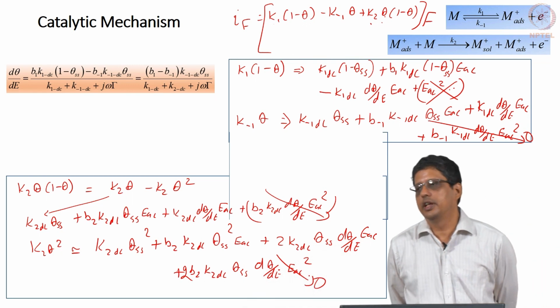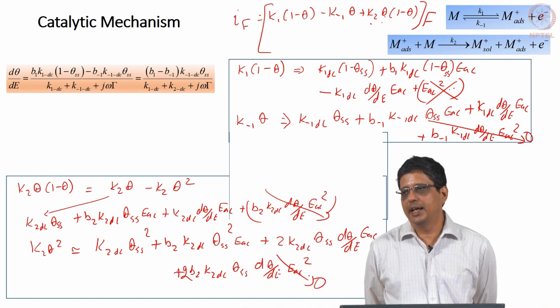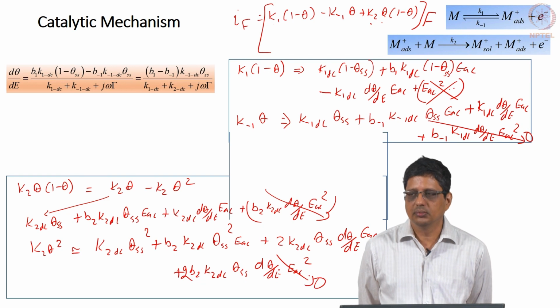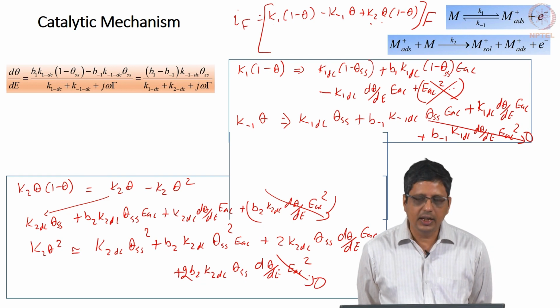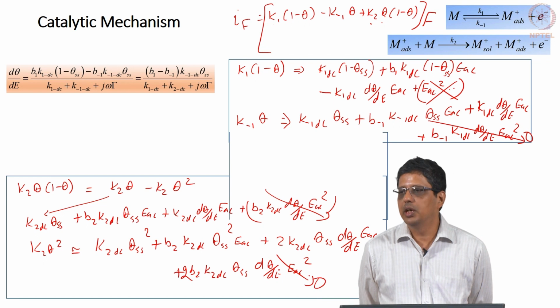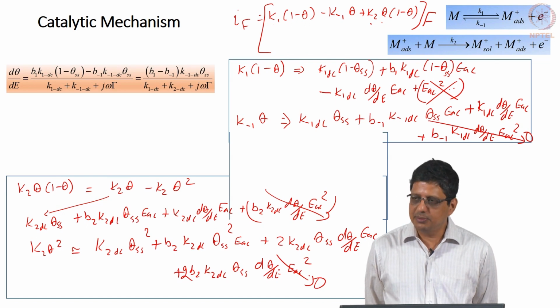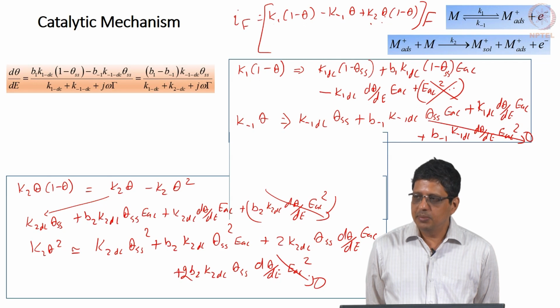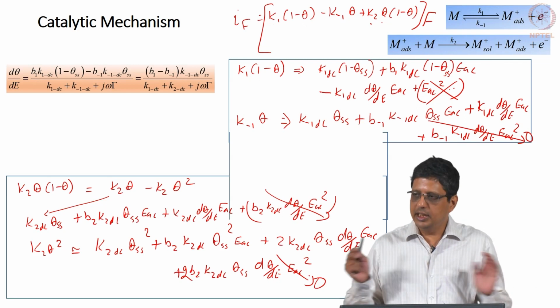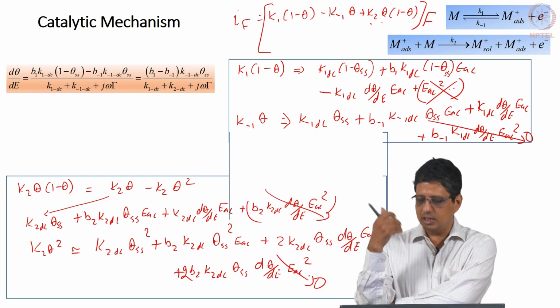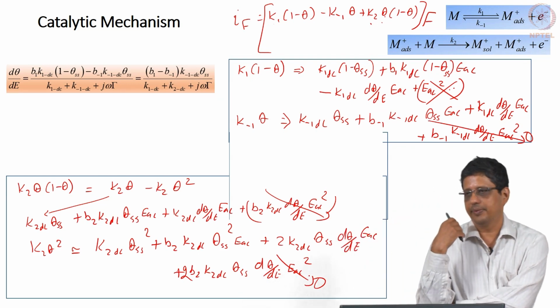You know what you get when you take a derivative of y with respect to x, you will write it as dy by dx. If it is y square, you are going to write it as 2y dy by dx, that is all. So, if it is theta square, when I take the derivative, I would write it as 2 theta d theta by dE. That is one way of looking at it. Another way is to just expand theta as theta SS plus d theta by dE into EAC, then theta square, multiply them and then retain the constant and the EAC term and then throw away the EAC square term, you are going to end up with something like this.